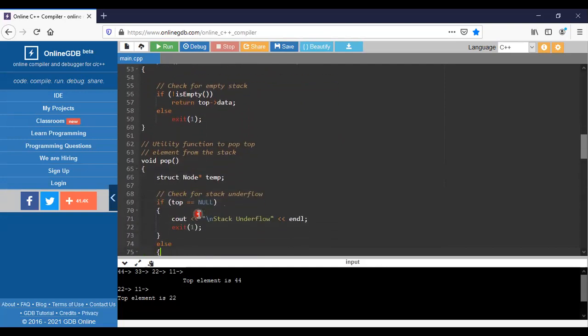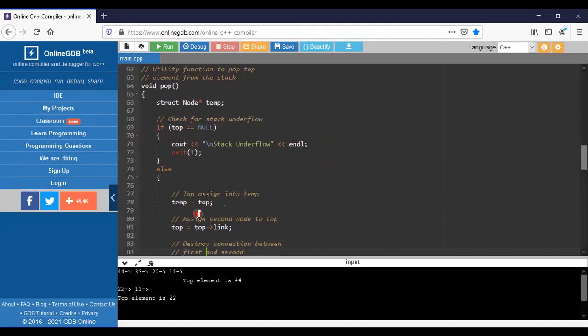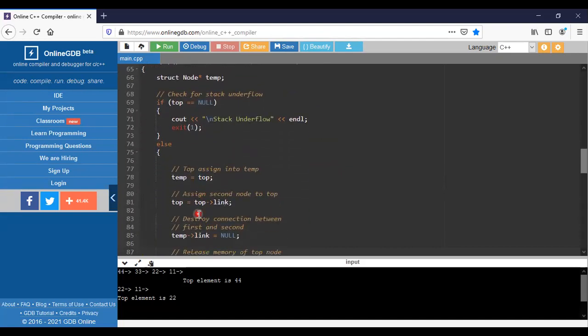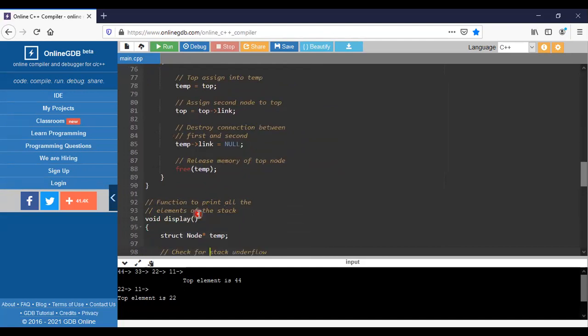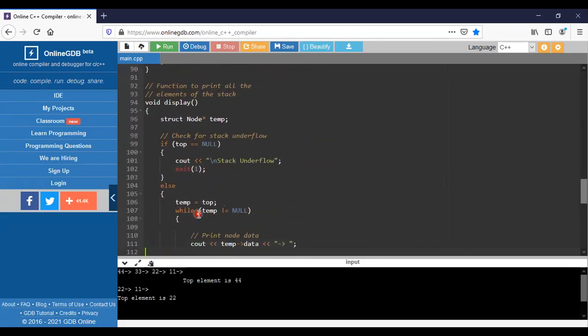And the next is the pop operation. If top is equal to null, then it is stack underflow. If it is not like that, we specify here that it is processing.